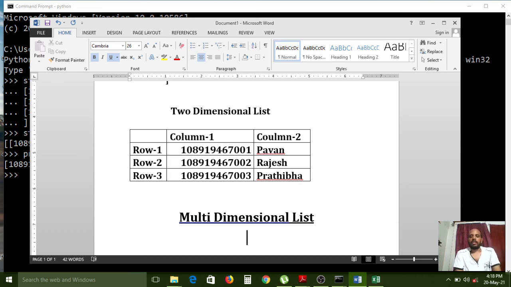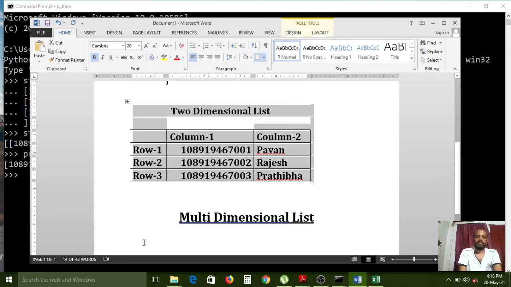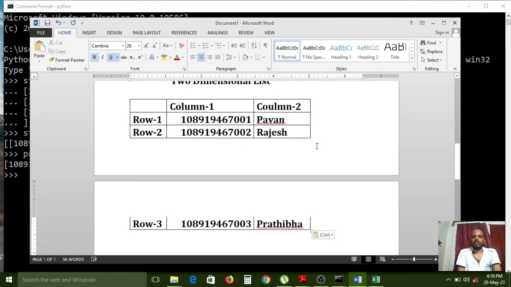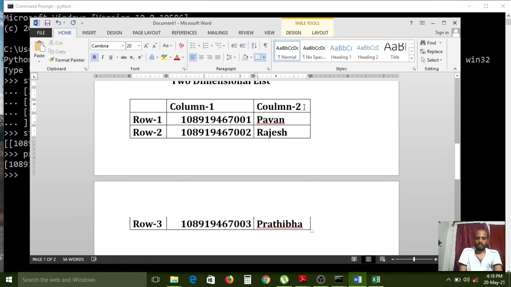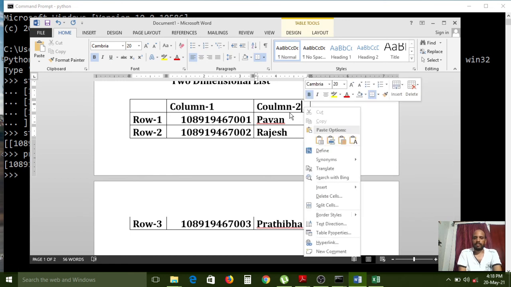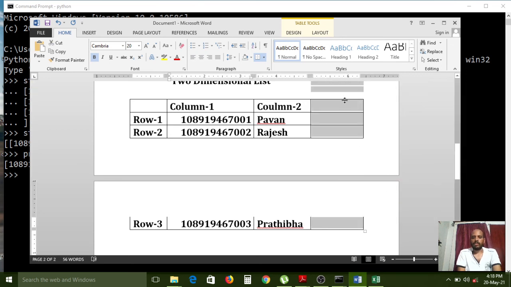For example, hall ticket number, name, and also marks. If you want to maintain the same record, copy and paste here. So here one more column, insert. So here column 3.